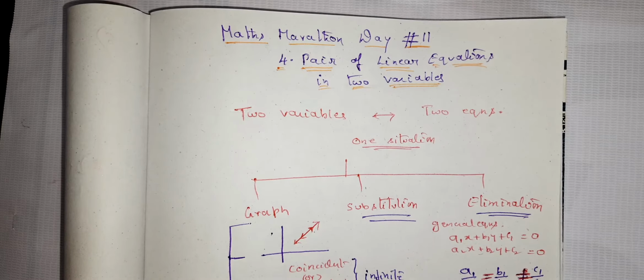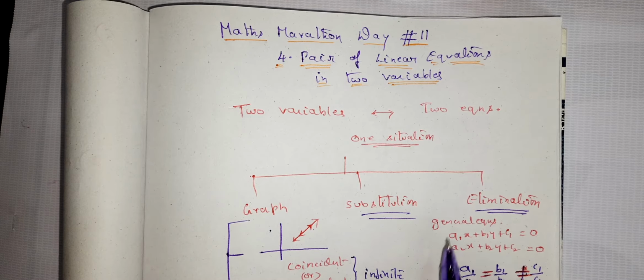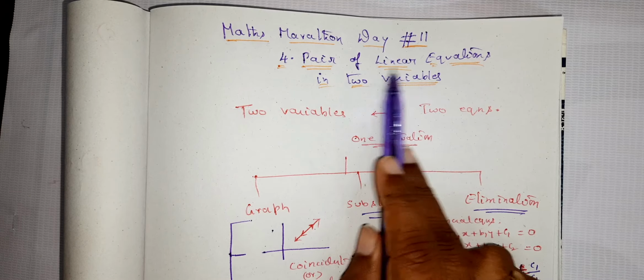So suppose you are plotting a graph for each equation, that we have seen already how to plot the graph in polynomials, right? Taking different values of x and y and then plotting the points x comma y in the coordinate system, that is in the xy plane, and joining all the points representing a particular equation, that gives you a graph, right? But here the difference is that you will have two equations, right? Usually the general equations, here these are linear equations. We are talking about linear equations.